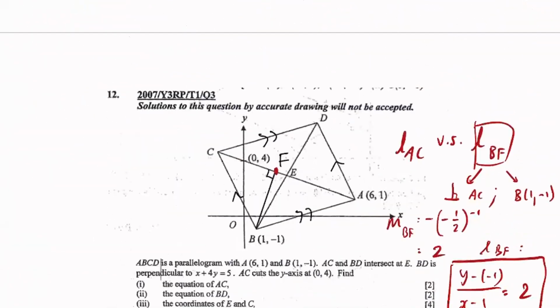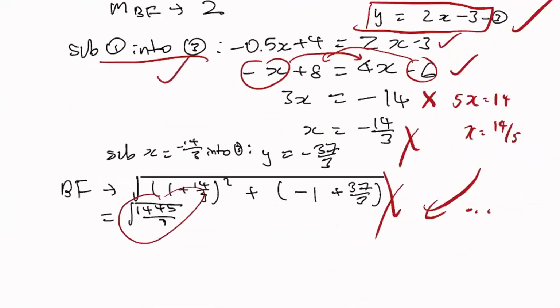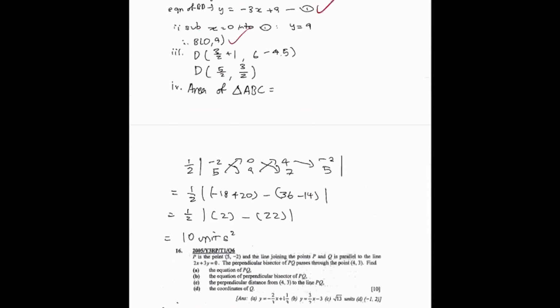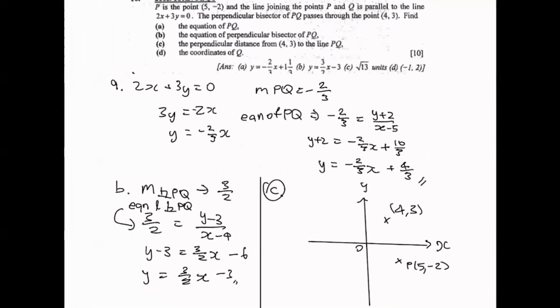Okay, can. What's the next question? Question 15. Okay, good. Let's take a look. Solution of equation by accurate drawing not accepted. Okay, I'm just gonna check your answer only. If you get it right, I'm just gonna move on. Part 2 is 0, 9. Yes, part 3 is 2 or 1 half. Correct. Your answer is fine. Part 4 is 10 units. Okay. 16 is